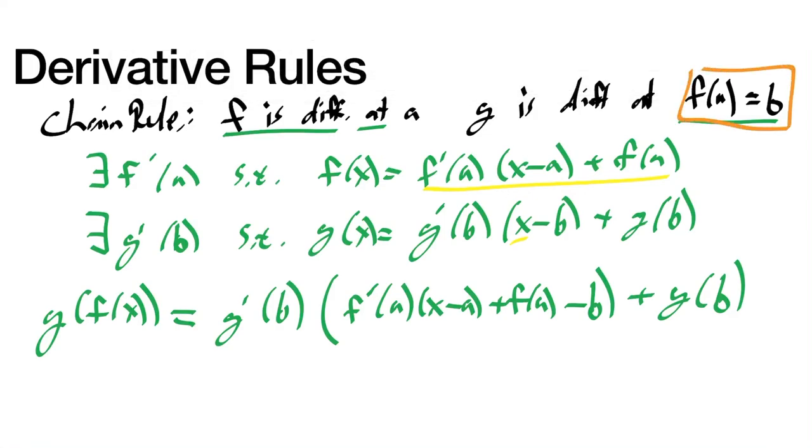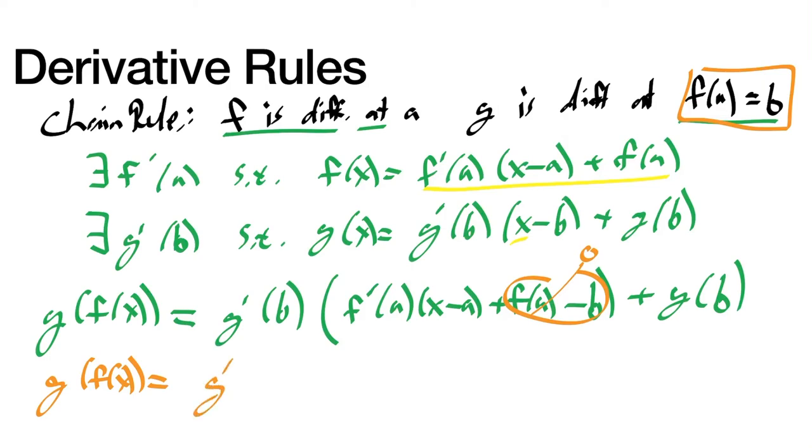And notice that f of a equals b. So that means f of a minus b is now equal to 0. And so that piece equals 0. And then I'll do a little bit more work as we come through here. So that means this part,